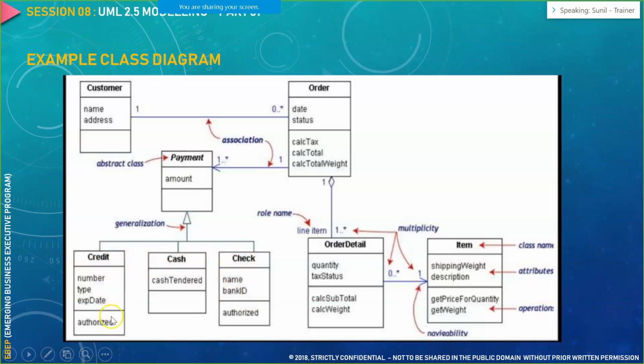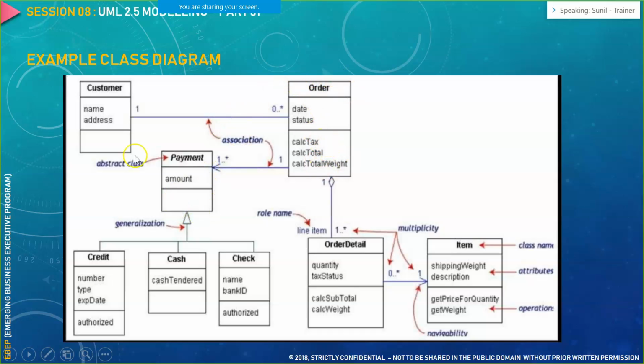Now credit, cash, and check have their own attributes and functions that need to be executed. For example, if you select the credit option, there is a function called authorization. Now why do we need an authorization? Because we are establishing a connection to a third party system, the card issuer system, the Visa, Master, or Amex card. So that's the reason why we have the authorization method over here. Only after the authorization has happened will your payment be marked as successful and your order placed. If the authorization doesn't happen, the payment would be unsuccessful and you cannot place a particular order.